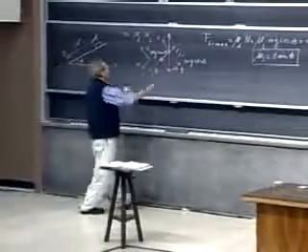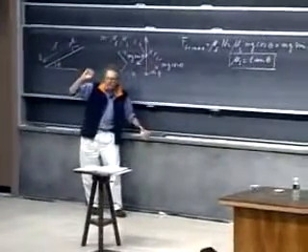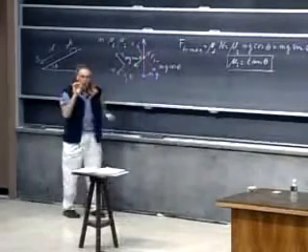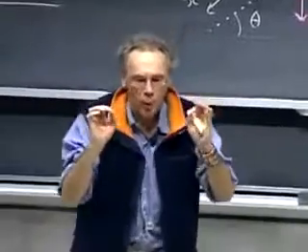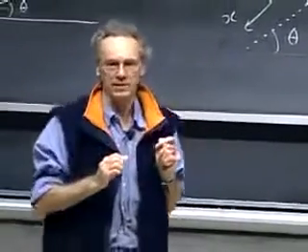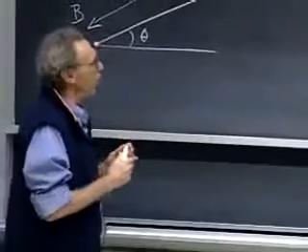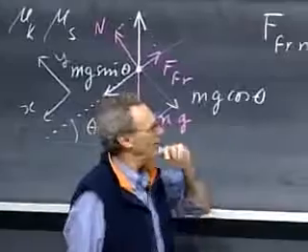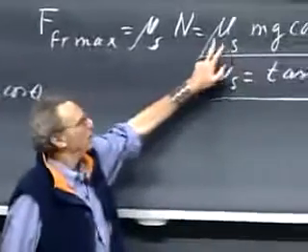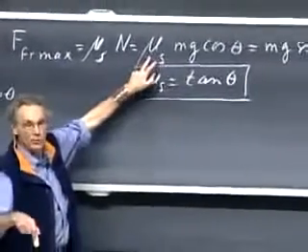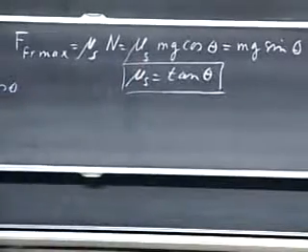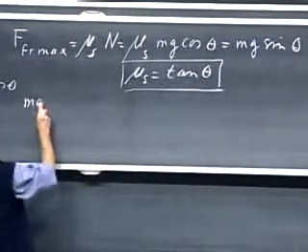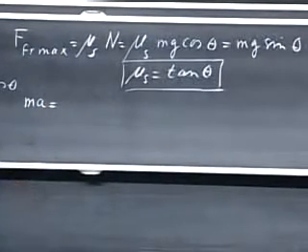Now, at that situation that it's just hanging by its fingernails, so to speak, we touch it very lightly, we blow on it, and it starts to slide. And now I'm interested in knowing what the acceleration is downhill. The reason why it will be accelerated is that this friction coefficient goes down now to mu k, and so now there is a net force along the slope in the plus x direction. And so I can write down now Newton's second law, ma, which is the net force in the positive x direction,